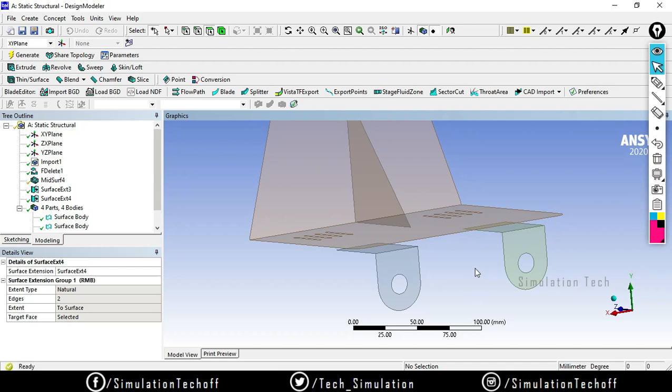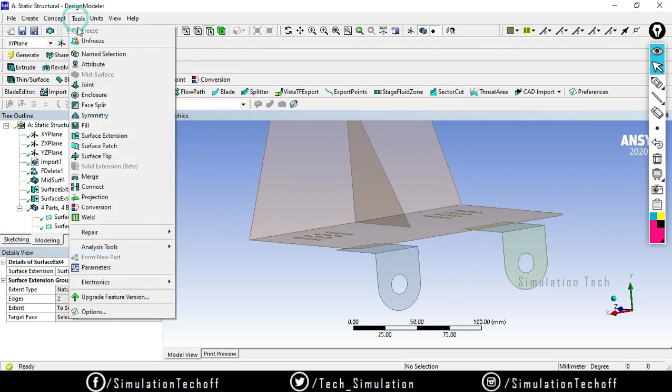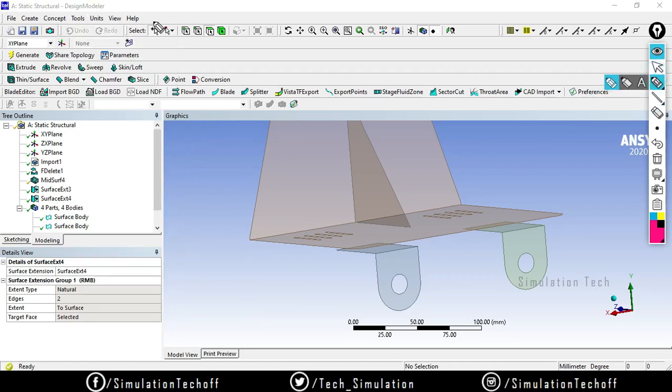You can use the same method for this also. Go to tools, use surface extension and select all the four edges, and give some extrusion direction by using these edges, and you can extrude up to these faces. That is also possible, or else you have a different option, that is weld.